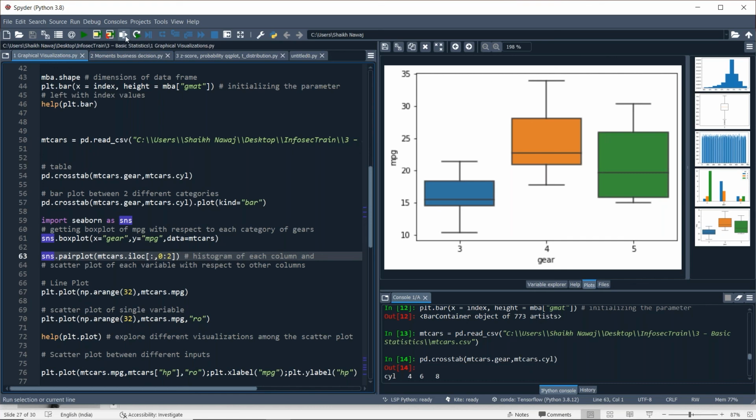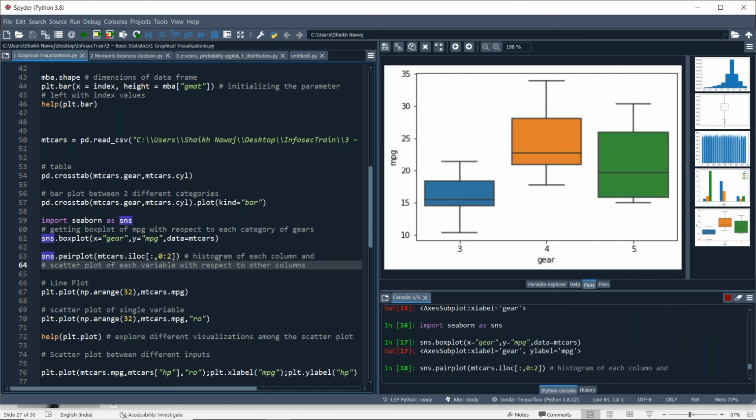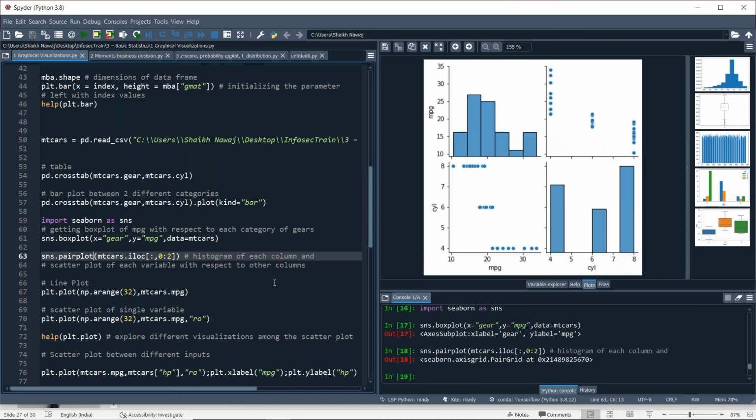So here we are finding the pair plot. Now, the pair plot is a very interesting plot because it compares two variables with a scatter plot, as well as a bar plot or histogram, according to their type of random variable.